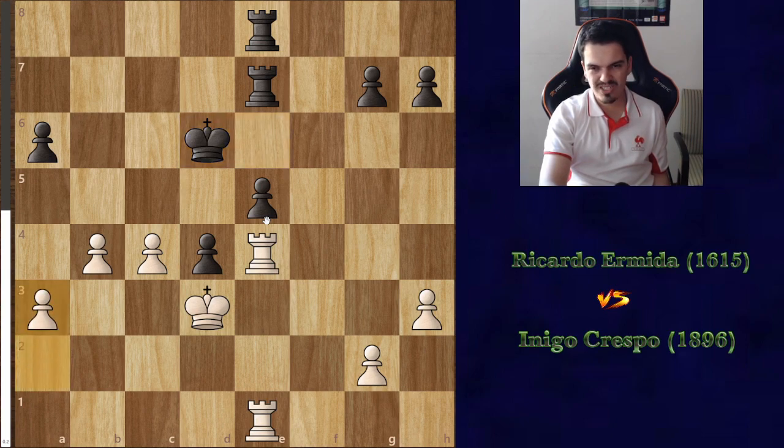And I played a3, which, I mean, the computer doesn't hate it. At least my engine Stockfish 15 says it's the best move. I mean, a3, I'm really just waiting to see what my opponent is gonna try. Here my opponent played